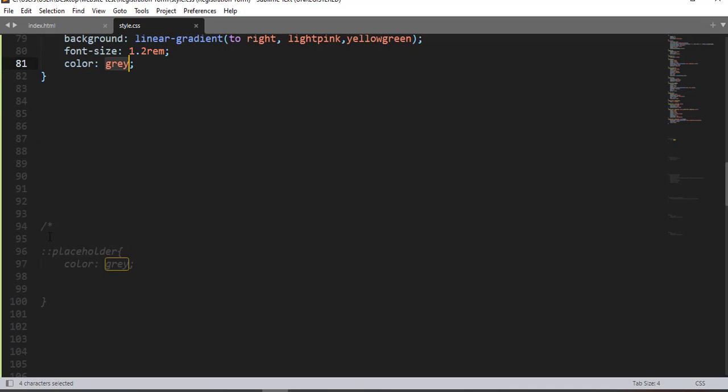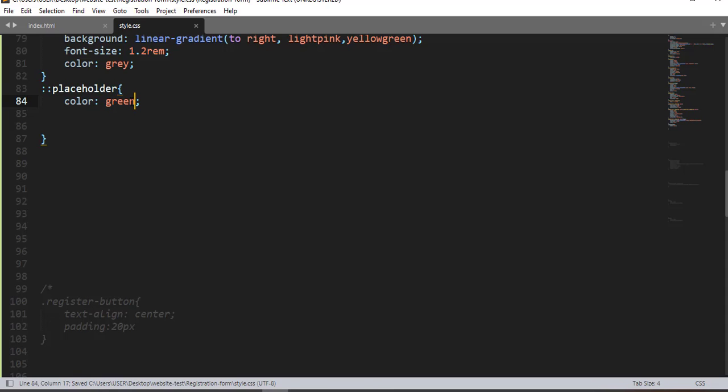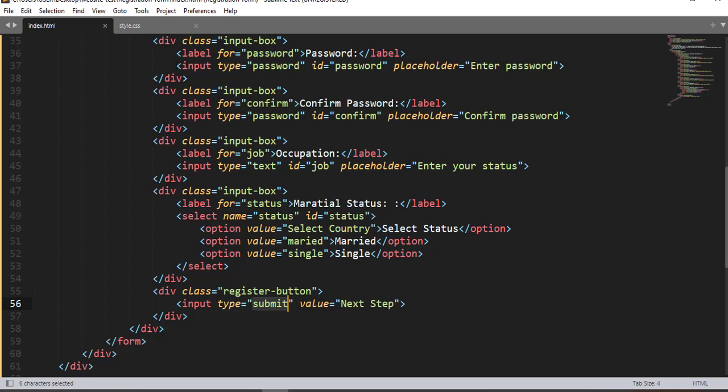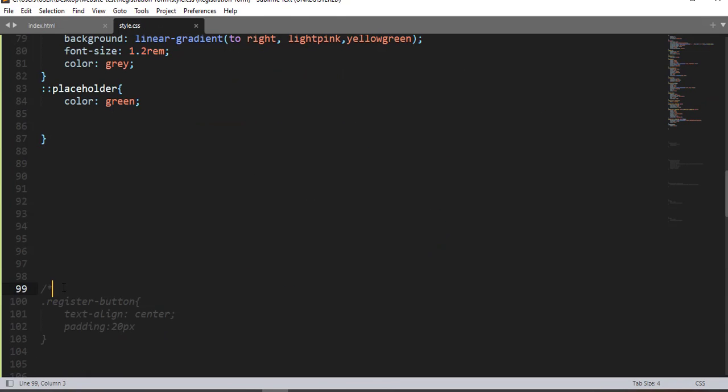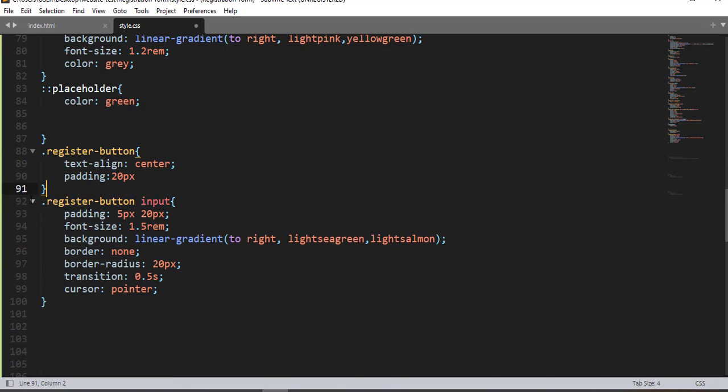And placeholder color gray. Instead of gray, let me say green. Alright, here we have a green text. And also using this registration button right here, text align center, padding 20 pixel, and also using this descendant selector padding 5